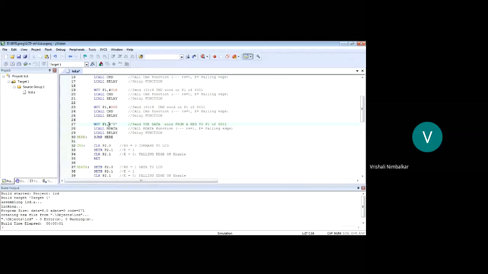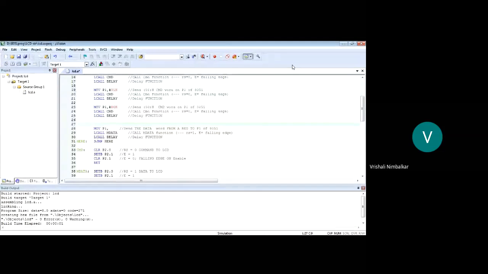Okay, now I cannot write hash because what do I know? I know that the message is in program memory. So here I need to pick the character from the program memory. So what is that instruction I told you all? MOVC. Right, copy the data from program memory. So how is the format of the MOVC instruction? MOVC A comma @A plus DPTR. This is how the instruction is.